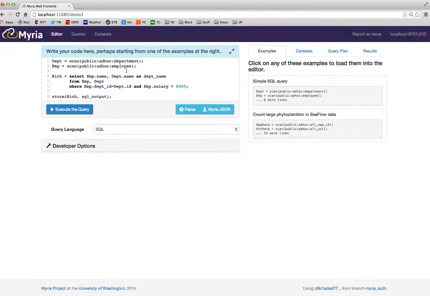on the left-hand side of the pane is the text that corresponds to a basic SQL query where we're joining together two tables, a department table and an employees table, and we're trying to filter out and select the set of employees that make more than $6,000. Now, if you know SQL, this probably looks vaguely familiar, but there are a couple of small interesting differences here. One thing that's interesting to note is that we support